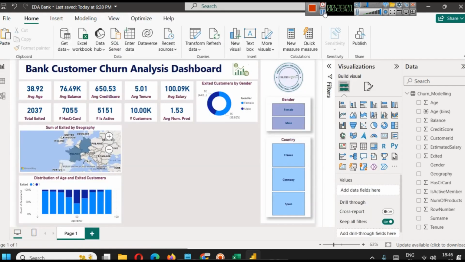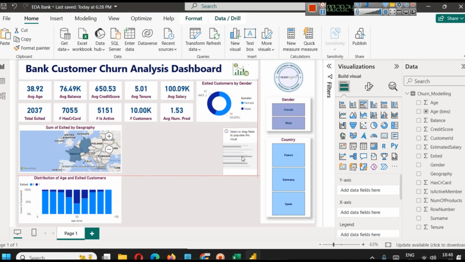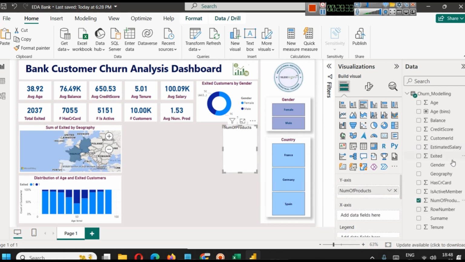Okay. Next, we can also try to figure out if number of products have some effect on exit of customers or not. Like if people who have less number of products, are they more likely to exit, or vice versa. So first of all, let's go with a clustered bar chart. I will keep its height like this. And in the clustered bar chart on y-axis, I will bring number of products, and on x-axis I will bring